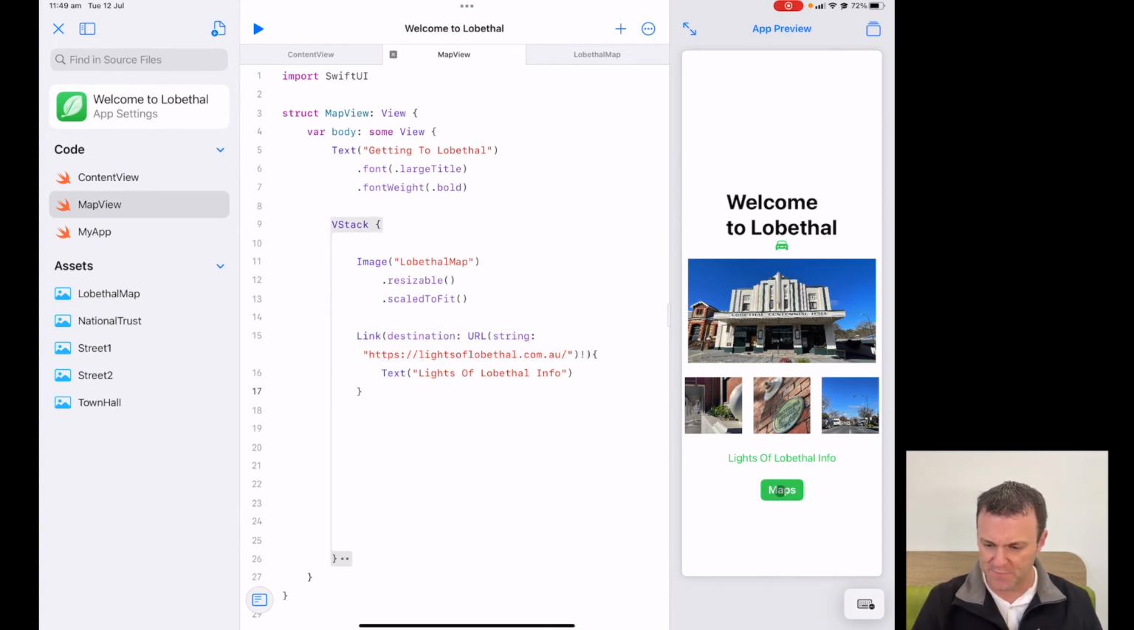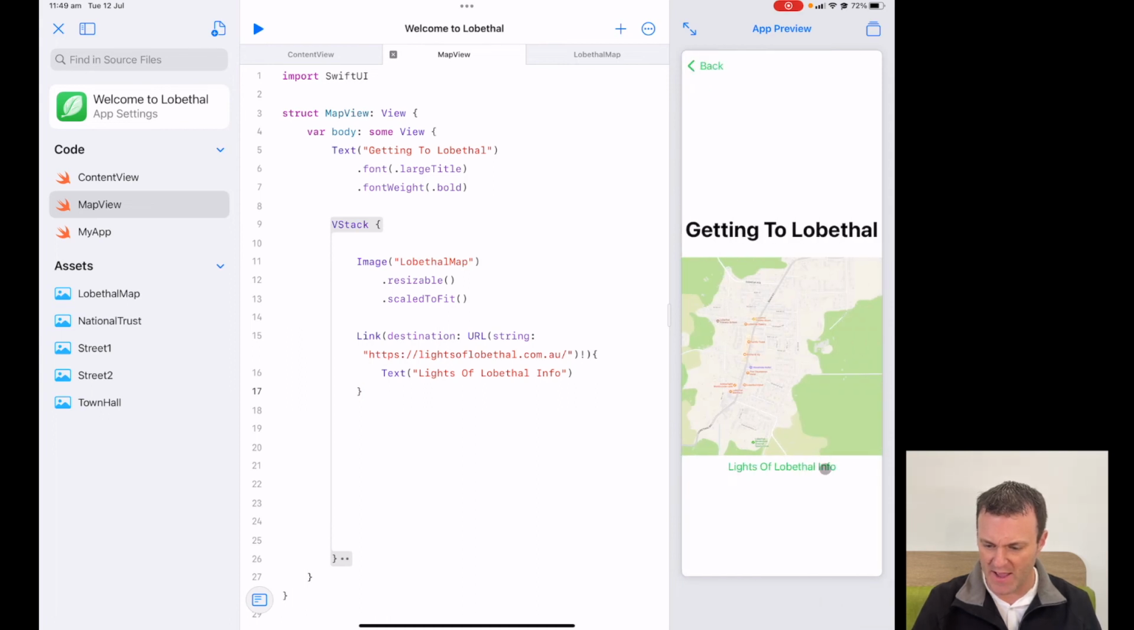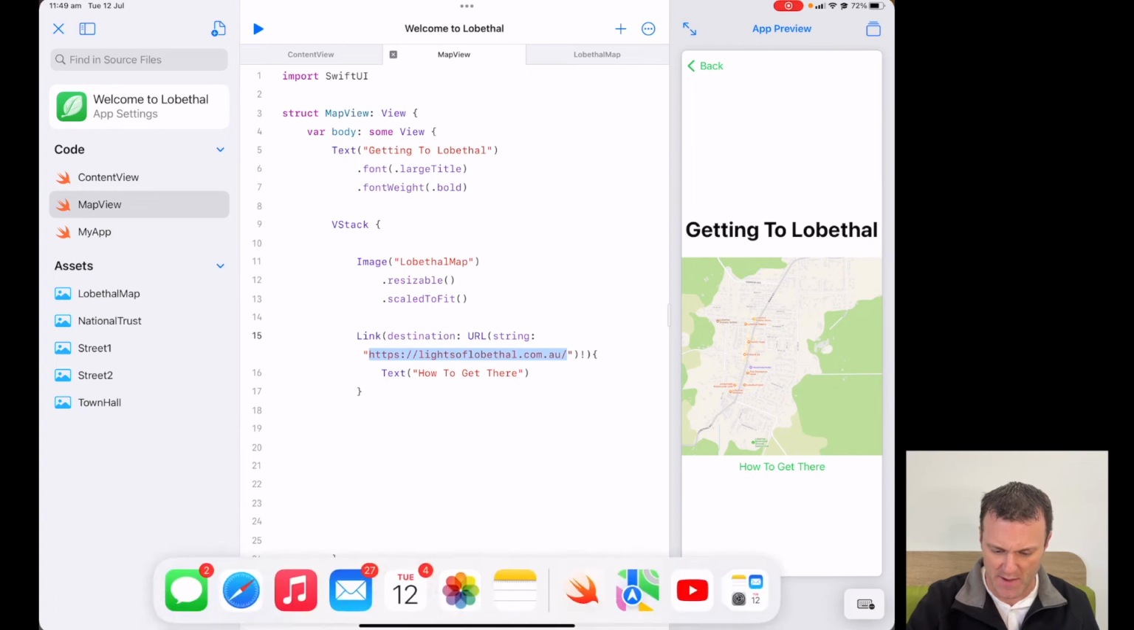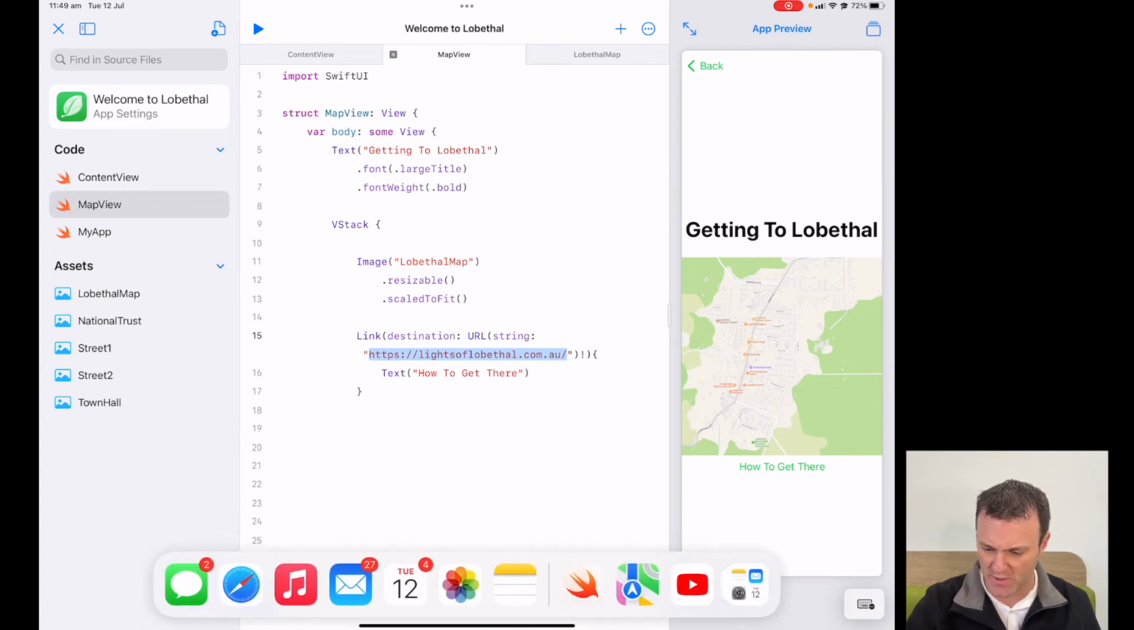All right. Now, if I do jump there, I have this link here. And obviously, that's not what I want. What I do want is I want it to give me a link on how to get there. So I'm going to change this text to say how to get there. All right. And of course, my link itself is not going to work, being that it's that link there to the Lights of Lobethal. So I'm going to need to jump over to my maps, and let's just bring that over in